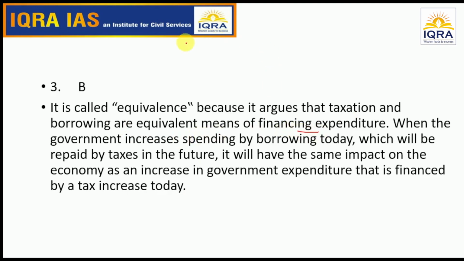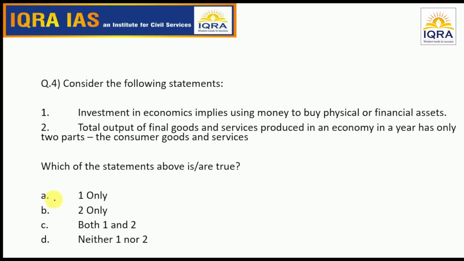So whenever we have the revenue part and the expenditure part, this expenditure can be fulfilled either by taxation. First we will put our revenues, and if not, then the government will borrow. When it increases its spending by borrowing today, which will be repaid by taxes in the future, it will have the same impact on the economy as if taxes are increased today. So it's the same thing, it's equivalence. Then moving on to question number 4,